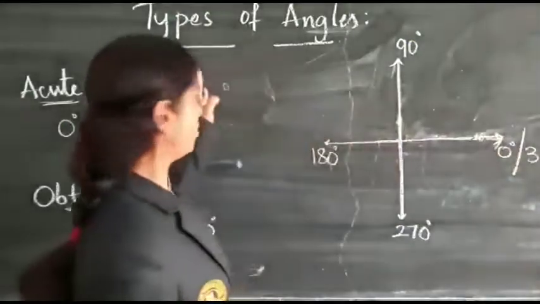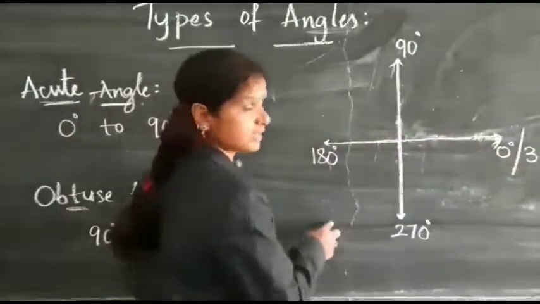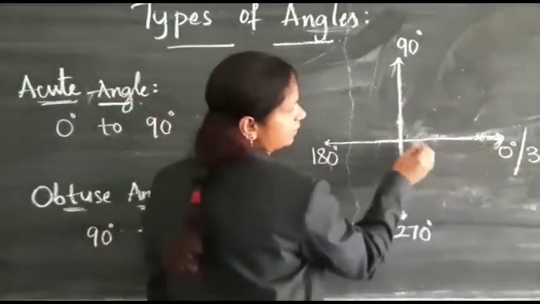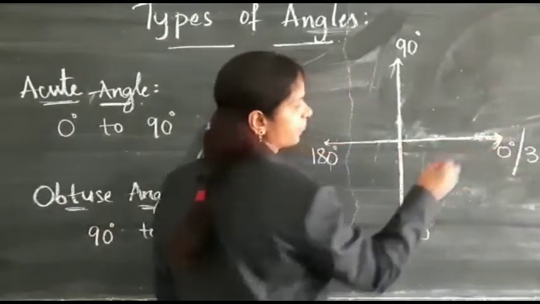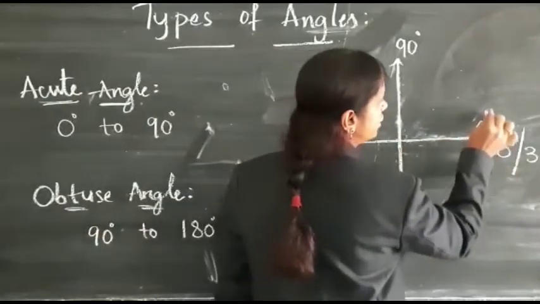Types of angles here. Already I told you how the angles are formed. First, 0 degrees we are taking as the initial ray,